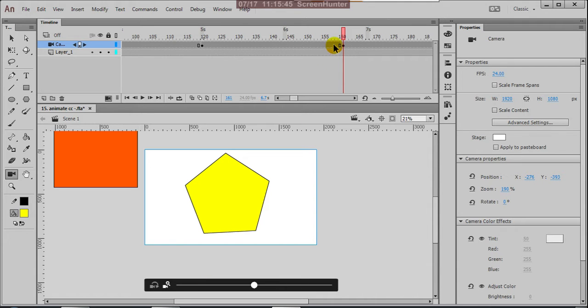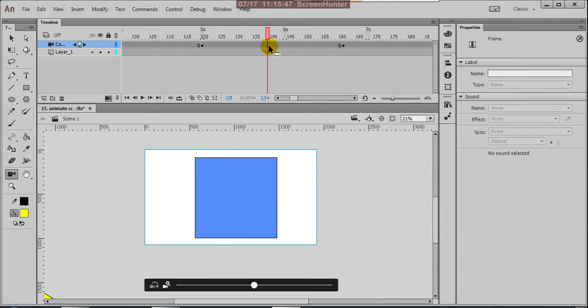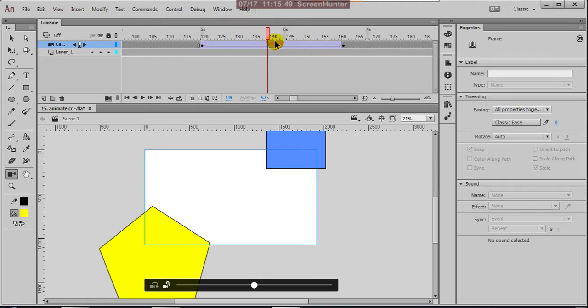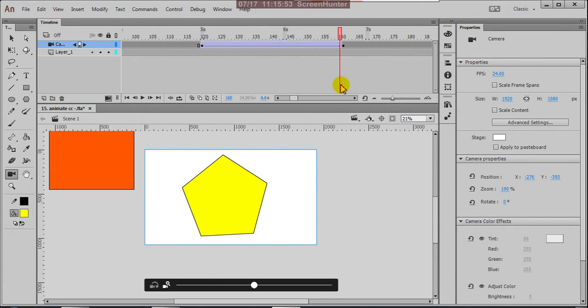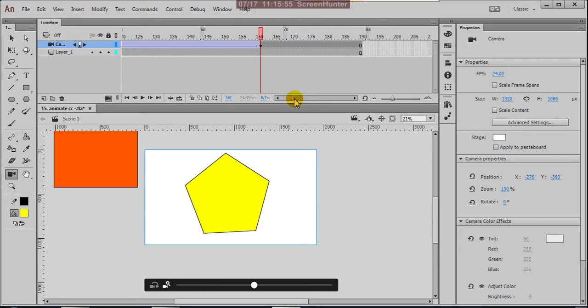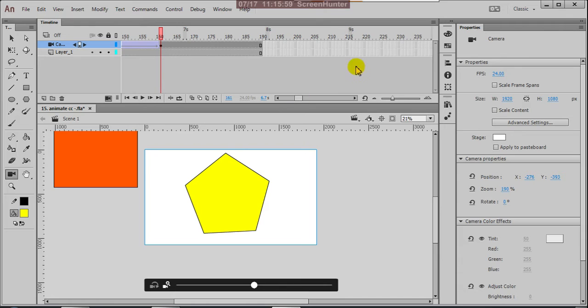Then here you include this yellow, and give create classic tween. This is extending, still it is more.